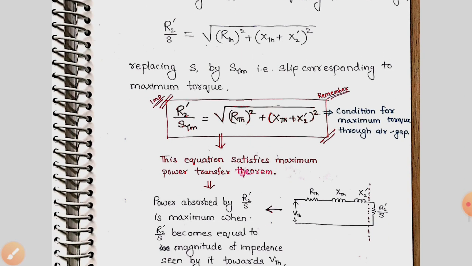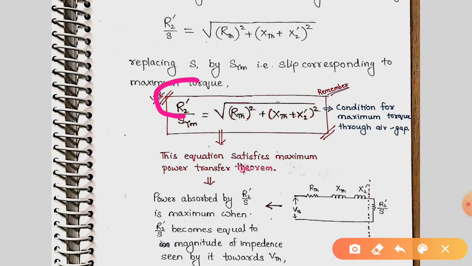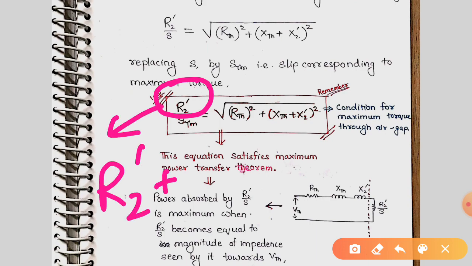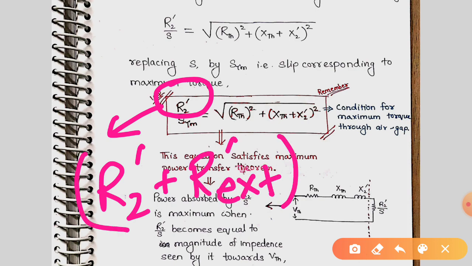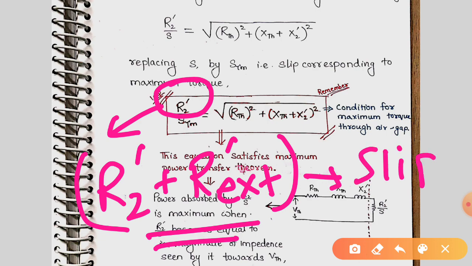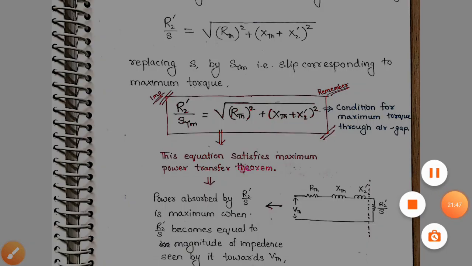Now this resistance may be the resistance of the rotor winding itself, or it can have some external resistance as well. For satisfying this particular condition, this may be your R2' or R2' plus some R_external', which must be added in the rotor circuit for satisfying the above condition for obtaining maximum torque. It is possible only for a slip ring induction motor. For a slip ring induction motor, we can add some external resistance in the circuit.